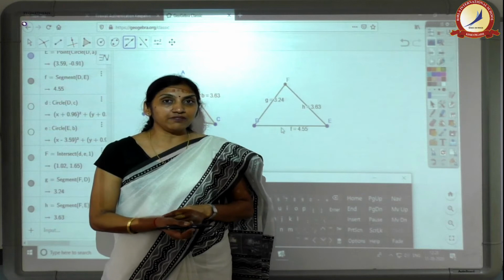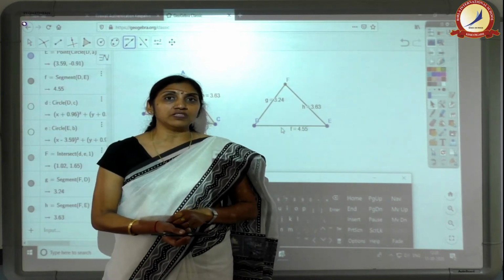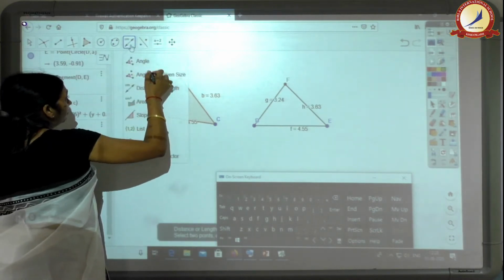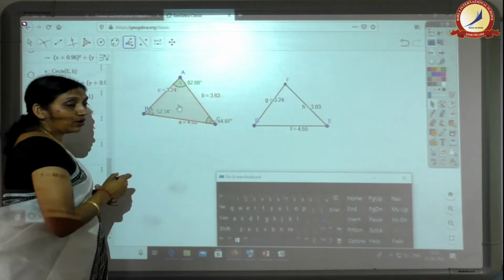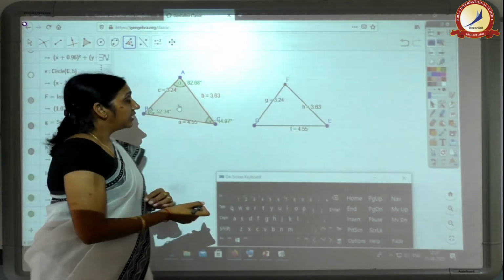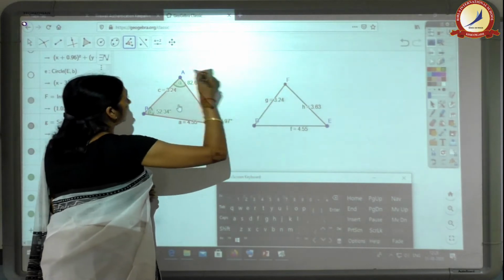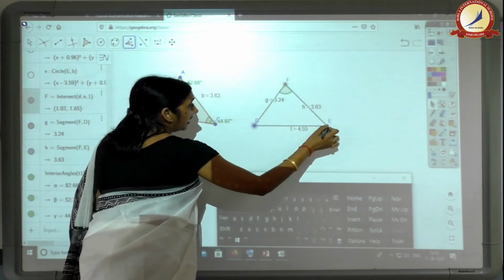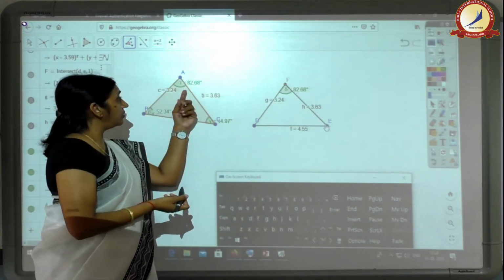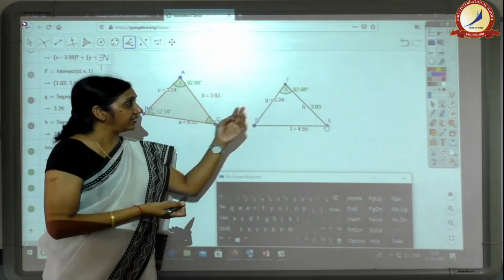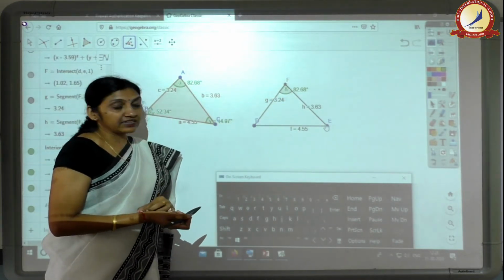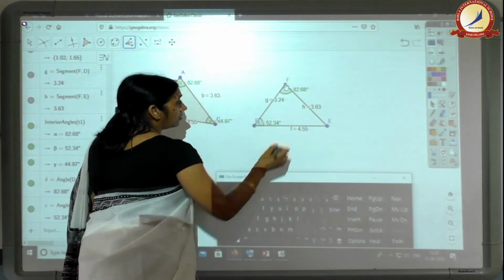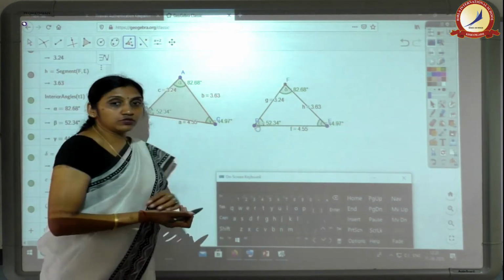Now let us quickly see whether the other three elements of the triangle are also equal or not. To do that, click the angle tool and click inside the polygon. All the angles are displayed. Now let us check whether angle A is equal to angle F or not. For that, click the angle tool and select the vertices in an anti-clockwise direction. What you will observe, angle A is 82.68 degrees, same as angle F, that is 82.68. Similarly, we can find the other two angles also, and they will also be equal.